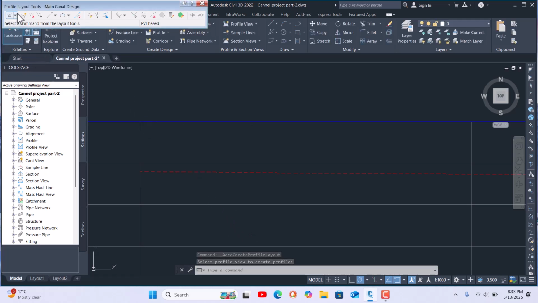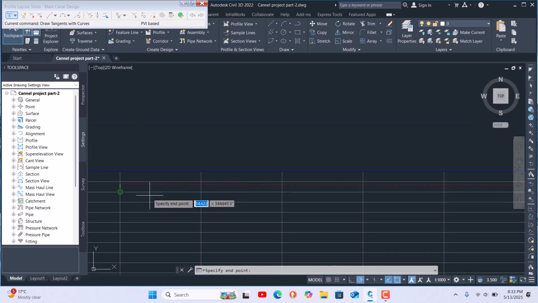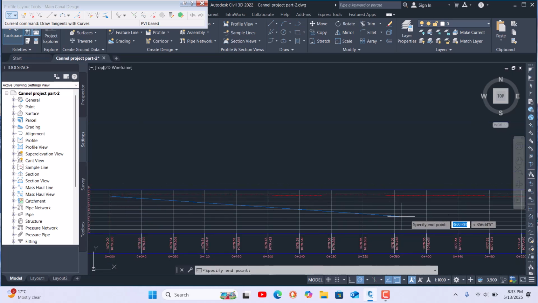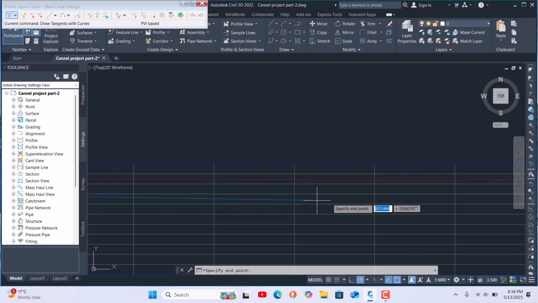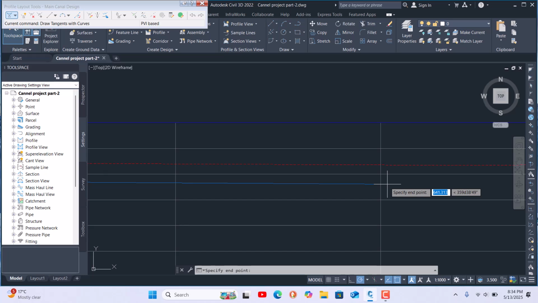We select from here and then come to more options, but we'll use this first one here, draw tangent with curve. We choose this one, select once here. Then you come and start from here. Then lump sum, it's still going along this one line. See, here it goes somewhat down. Then we just click once here.